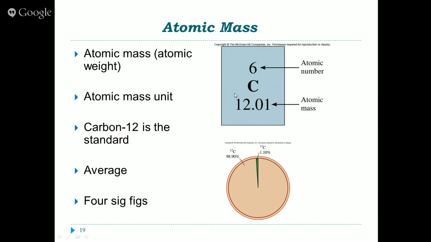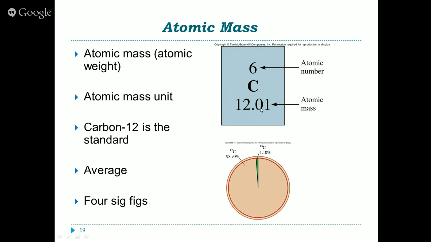Now, we have our atomic mass listed. And these numbers are almost always some sort of decimal. And this is because of the different isotopes that will naturally occur. Here we can look and see carbon 12. We call this carbon 12. We call this carbon 13. So we can say the element and its mass number. There's a natural abundance, 98.9% of carbon 12. The natural abundance of carbon 13 is 1.10%. So there's more carbon 12, much more carbon 12 than there is carbon 13.